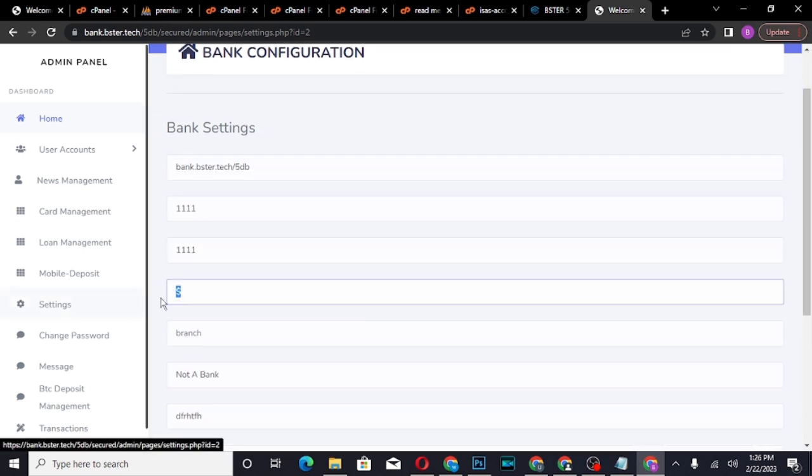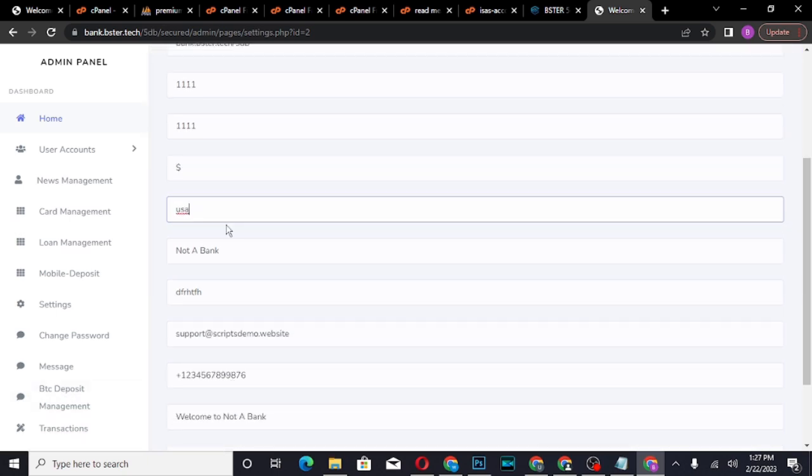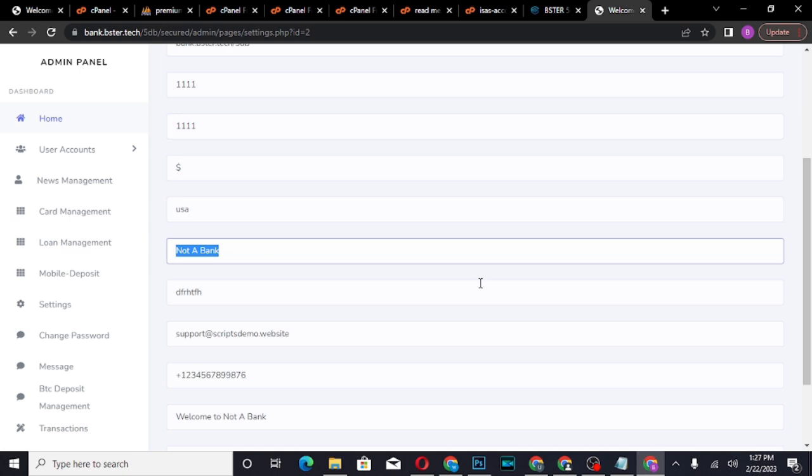Then once you remove this thing, the currency will not be dollar again, so let's just change it. It should be dollar, so you have to put it back. Then branch, I can say, depending on the country you are building it for, let me say something like USA. You understand? Then the web title, you say Bista